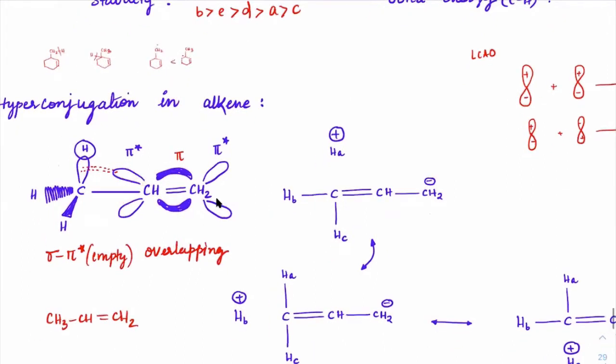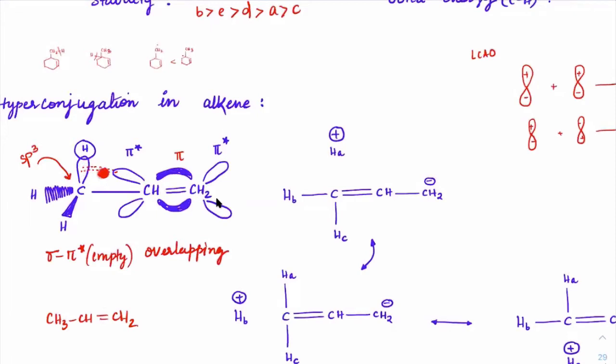Now pi stars are always empty when you write the molecular orbital configuration for this molecule here. You will find that their pi star is always empty. Now since the pi star is empty and more directed towards this bond here, it is close to this bond, right? As soon as you have CH double bond CH2 connected to an sp3 carbon, which has at least one alpha hydrogen, then we could see that the bonded electrons here will start supporting the pi star orbital.